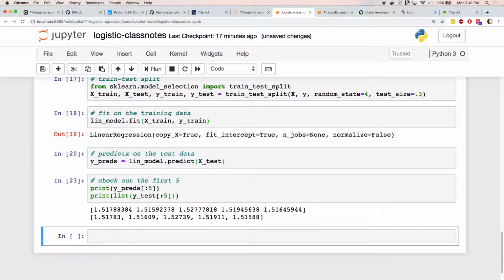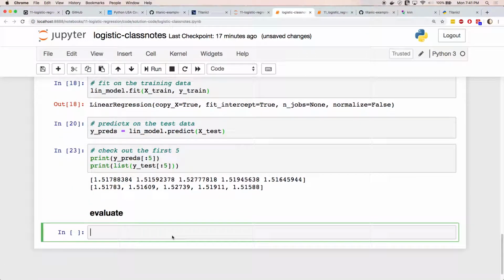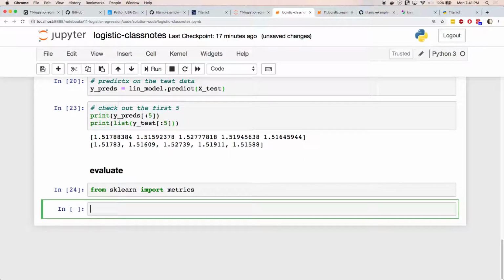It's okay, let me skip this. Well, let's see how far we get with the predictions. I'm actually not following the solution code for this because they only have one predictor. So let's see where we go with this, okay? Check out the first 5, and then we would want to evaluate, which is actually a whole new step. So from sklearn import metrics, and